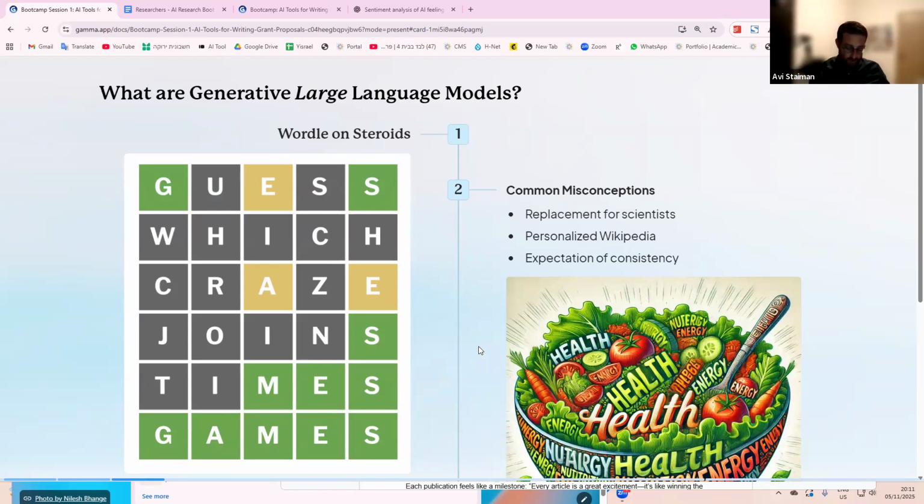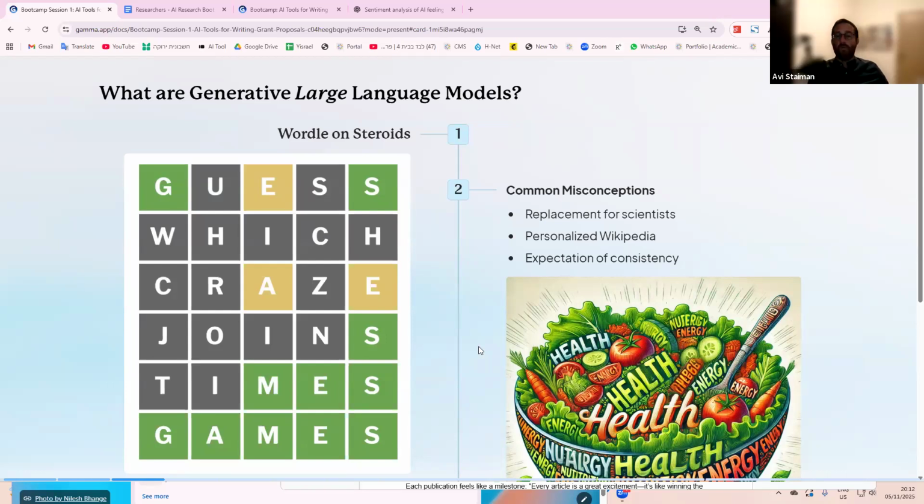But what I really want to do over the next 2 hours is show you two almost entirely opposite approaches to generative AI in research. Each one has its downsides and benefits, its challenges and its opportunities.